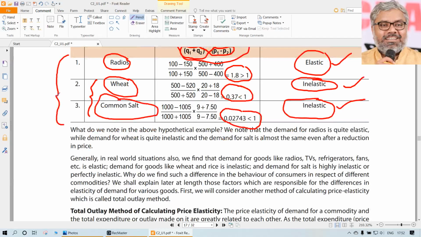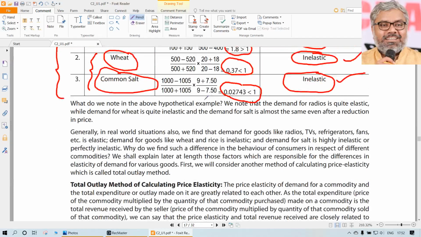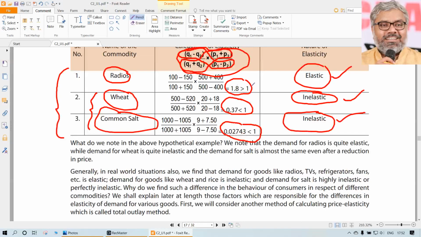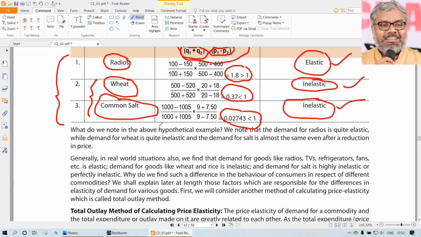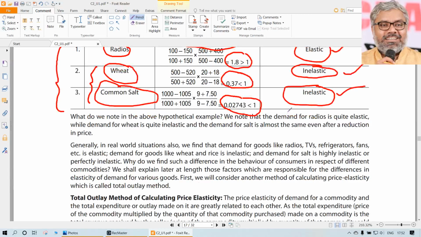That tells us how strongly a product is related to the price or not. For example, common salt: we can conclude the demand for common salt is not much related to the price. Can we say there is no link at all? No, we cannot. That link is very weak because it is very, very less price elastic. 0.03 is a very low elasticity. So there is a link, but a very weak link.